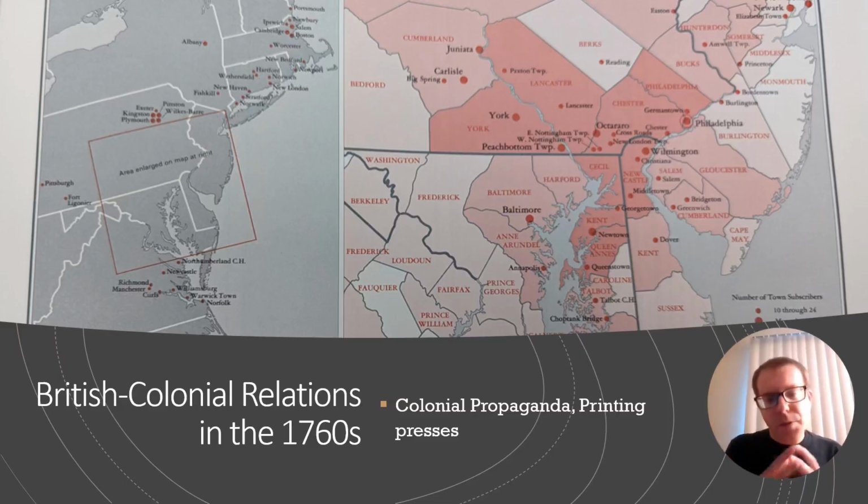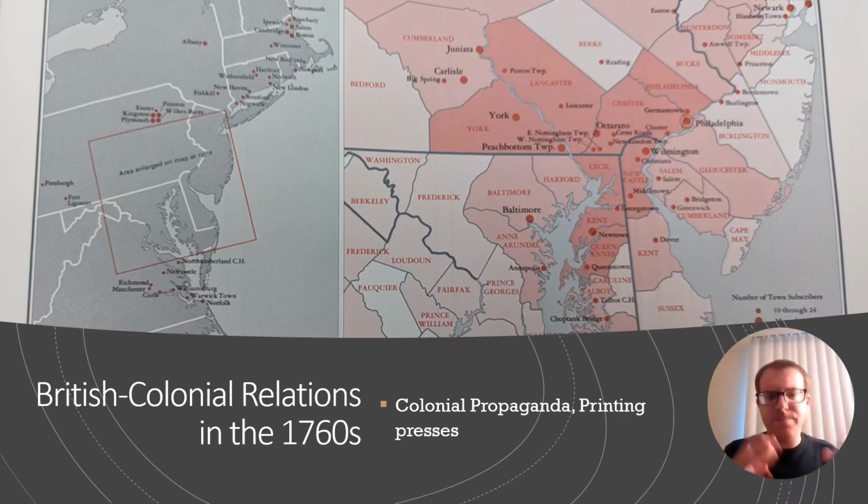And so there are some major changes in communication that made this argument between American colonists and Parliament a little bit more fiery and radical. The main thing is that printing presses were set up at an increasing rate between 1760 and 1770. And one journal in particular, the Pennsylvania Journal,